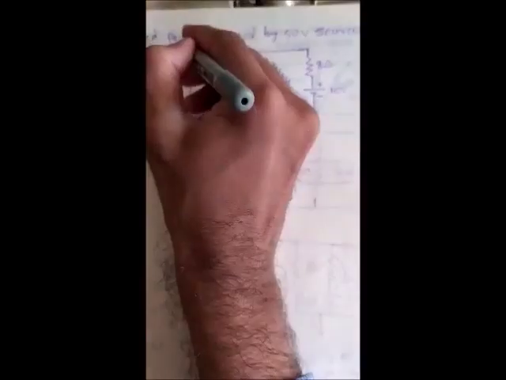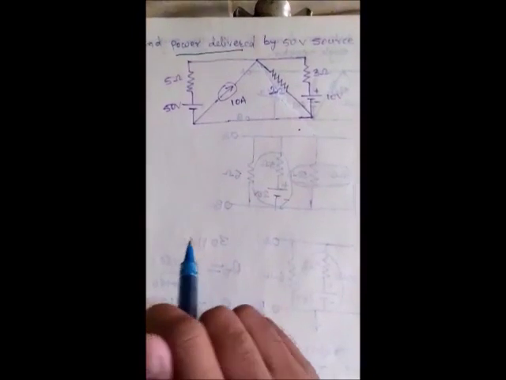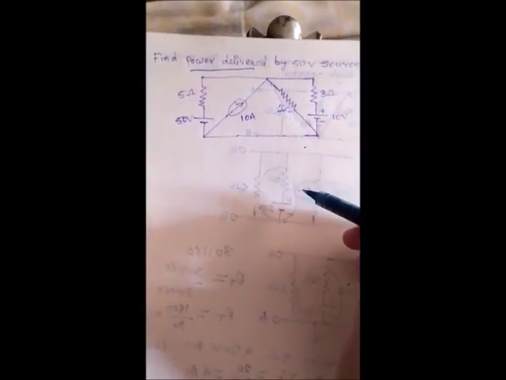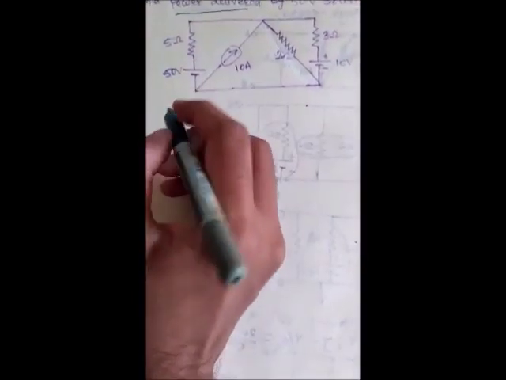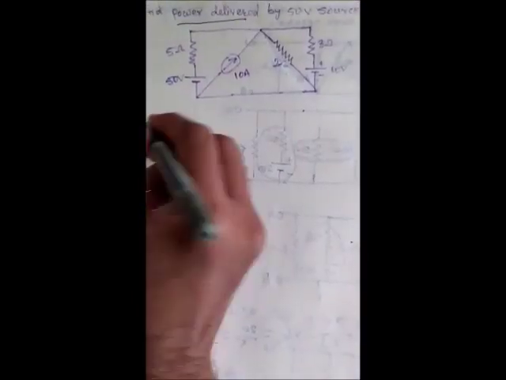See here, another numerical we are going to see is to find the power delivered by the 50 volt source in the circuit, and this is a circuit similar to the first one. Now we have to find out one thing, that is the power delivered by the given circuit. First of all we have to transform the given circuit by using voltage and current source transformation, and then we can find out the power delivered by it. So first of all convert the given circuit into a similar format as the first one.